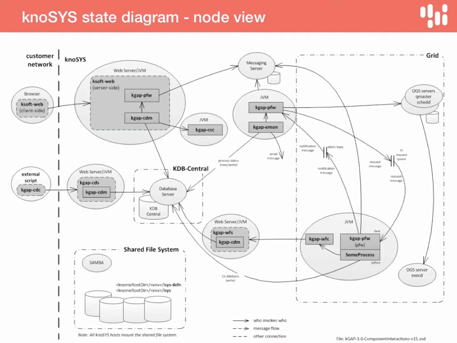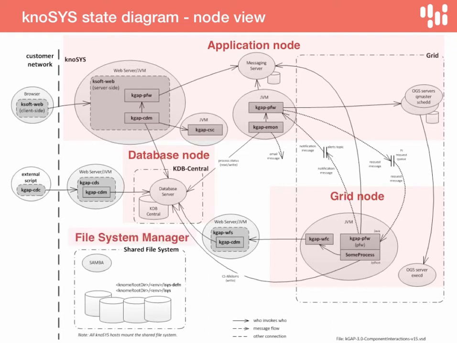But what we've done is all of these tasks don't run on one node. For example, we see that some of it runs on an application node. Some of it runs on grid nodes, there are many of them potentially on your system. And then you also have a database node. In addition to that, you have the shared file system that runs underneath the file system manager. And then within the shared file system, you have data nodes. So this multi-node approach that we're talking about distributes a lot of the tasks across multiple nodes. And this is just one example I wanted to share with you.